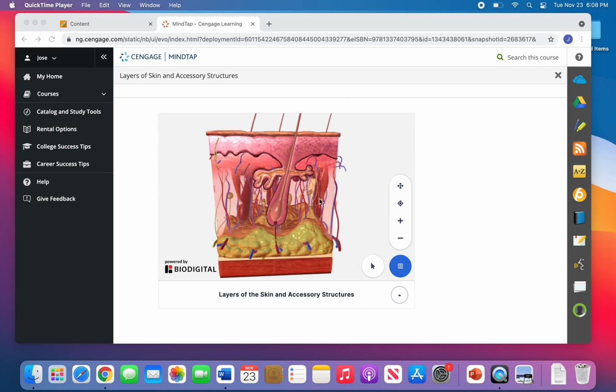Okay, good afternoon. Today we'll be looking at the integumentary system, and the integumentary system consists of the skin and the accessory structures: the nails, hair, sweat, and oil glands. But today we'll be focusing on the layers of the skin,